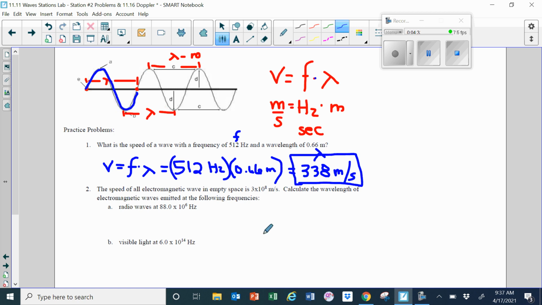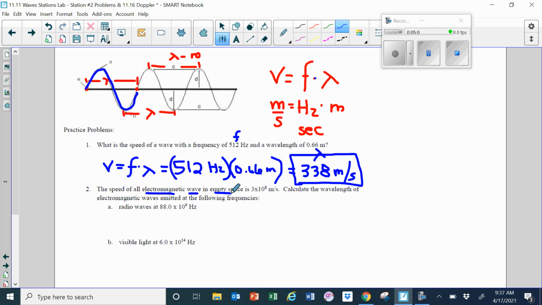Now I want to talk about these two below, 2A and 2B, because they're kind of a special situation. The best example of a transverse wave is electromagnetic radiation, and electromagnetic radiation is commonly called light, right? So that's a transverse wave. An electromagnetic wave, a light wave,